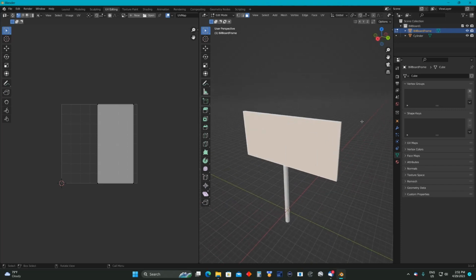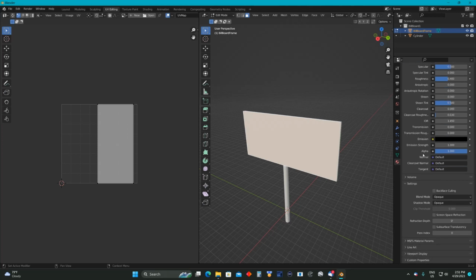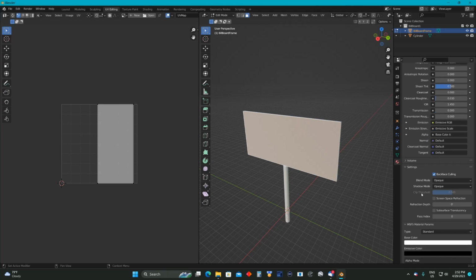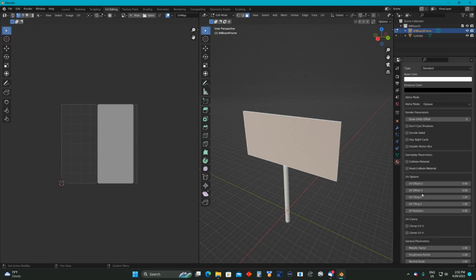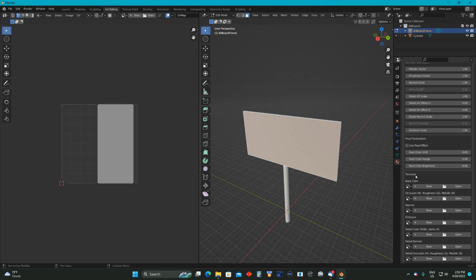So now, in order to bring in an image, I'm going to come down here to Material Properties. I'm going to scroll all the way down here, and I'm going to click on MSFS Material Params. I'm going to change that from disabled to standard. I'm going to scroll down some more, and we're going to come to the textures